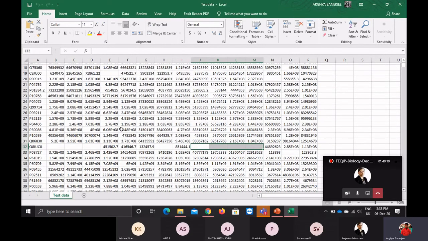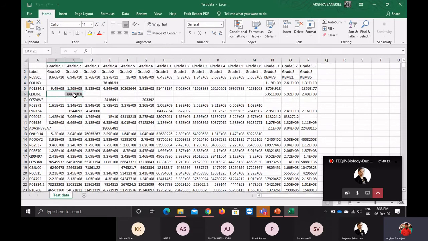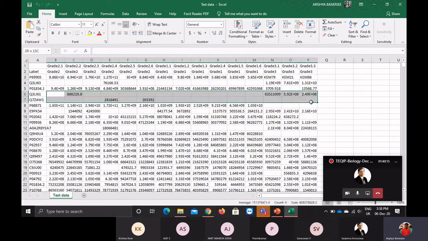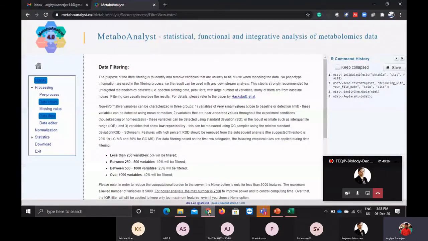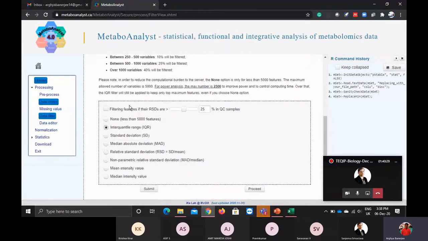So if a feature is empty in 70% of the individuals, absent in 70% of the individuals, you have to discard it. So if I go to my data filtering criteria,